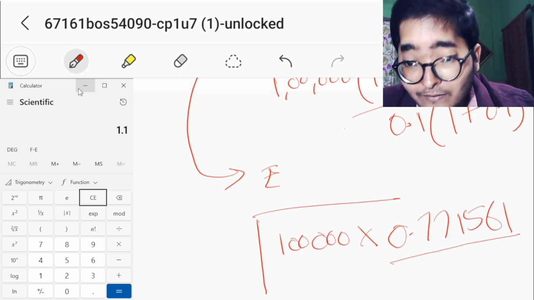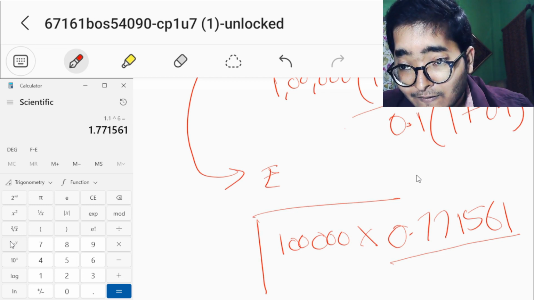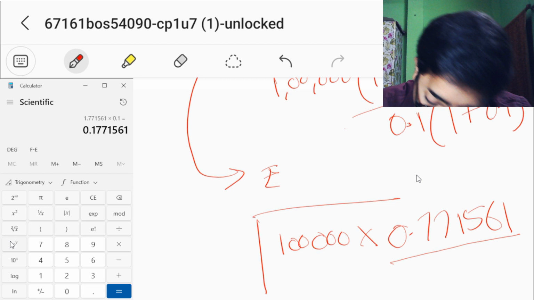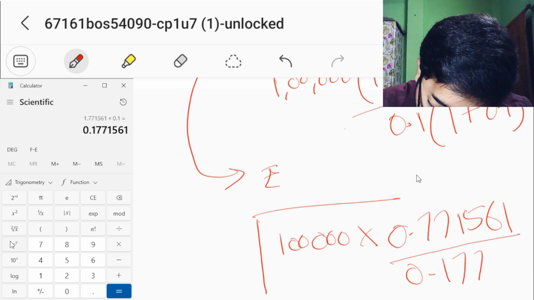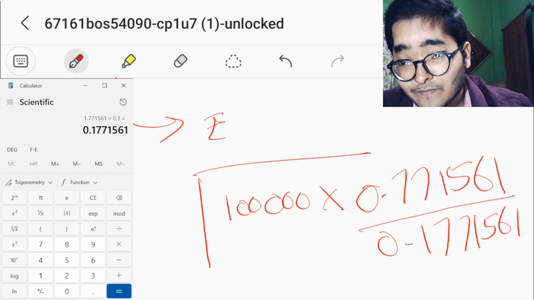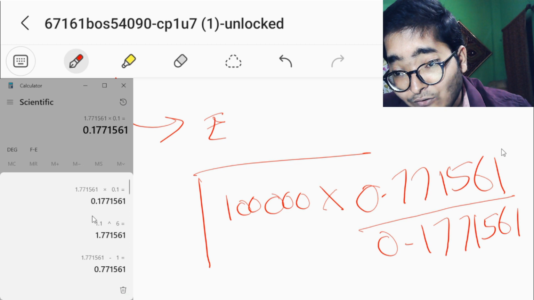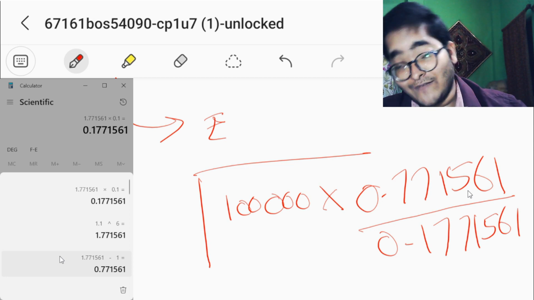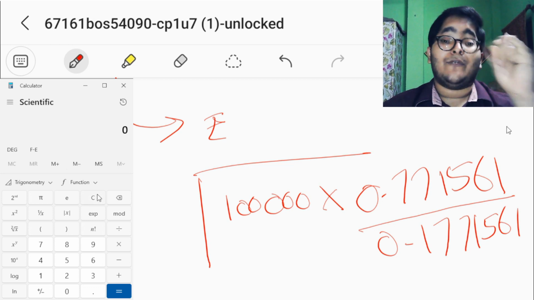1.1 to the power 6 into 0.1, ये आ गया डिनोमिनेटर। क्या आया? 0.1771561। तो क्या आपको डिफरेंस समझ में आ रहा है? जो डिनोमिनेटर है वो है 0.1771561 और जो न्यूमरेटर में था वो था 0.771561। यहां पे हम लोग कैलकुलेट करते हैं। अब यहां से हमारा जो प्रेजेंट वैल्यू है उसका कैलकुलेशन शुरू होता है।